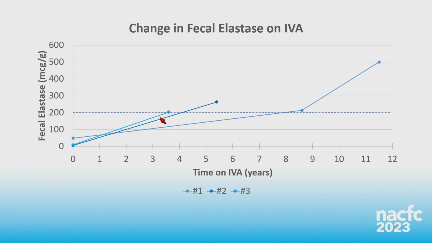Patient number 3 here in light blue started on ivacaftor at 11 years old. And after 3.5 years of being on ivacaftor, we noticed that his enzyme pickup refill was poor from the pharmacy. And so we requested a fecal elastase, and that came back just over 200 at 203. Growth for this child was not optimal. It was less than the 5th percentile, and we wanted to confirm pancreatic sufficiency with another elastase sample. However, we never did receive the sample before he graduated, and this is our one and only patient where PERT was not stopped despite an elastase above 200.